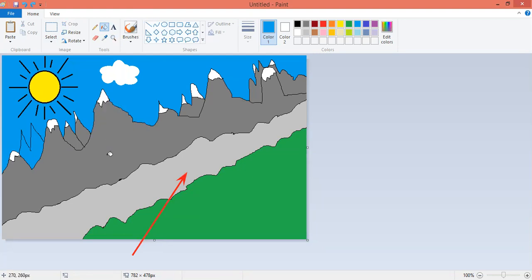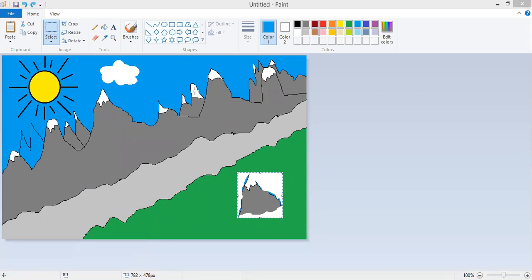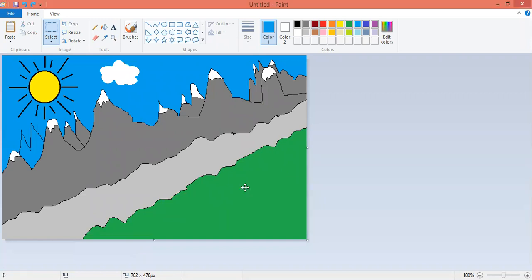Mountain is at the place. I copy one thing. See, I copy this area of the mountain. This area of the mountain I selected. Okay, so it's showing that we can select the different areas of the picture with the help of this tool. Not the mountain, just the picture.